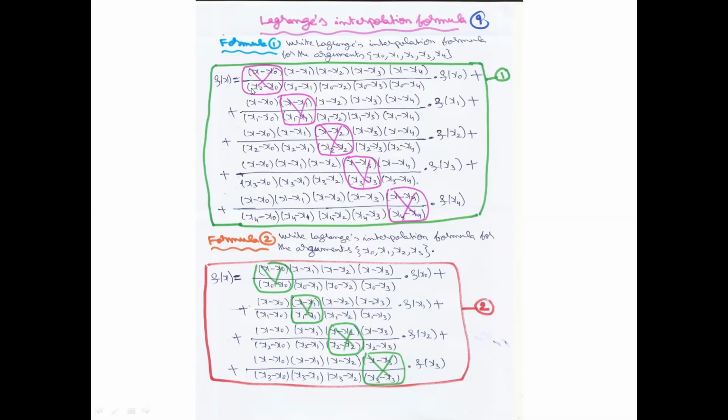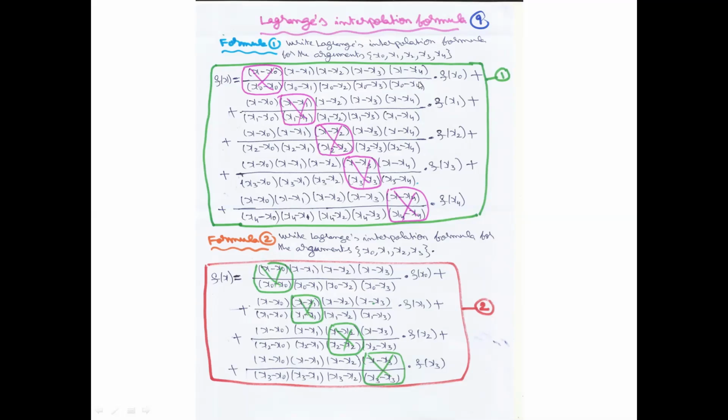Come to the denominator. In the first term, this is the denominator. See the cursor. The second factor is f of x naught. f of x naught is the entry, and the respective argument is x naught. So in the denominator, the first term starts from x naught. In the second term, f of x1, in the denominator the first term starts from x1. So x naught minus x naught, x naught minus x1, x naught minus x2, x naught minus x3, x naught minus x4. Suppose one more argument x5 is there. So in the numerator, an x minus x5 factor will come. In the denominator, an x naught minus x5 factor will come.